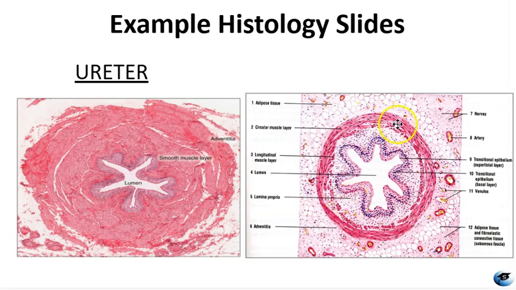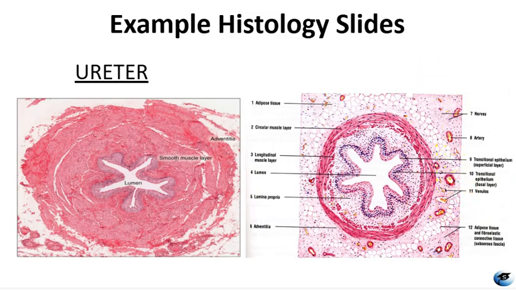Then you have this smooth muscle layer. Notice the circular and longitudinal muscle layers, which generate peristaltic contractions that propel urine toward the bladder. And then outside those muscle layers is the adventitia, which contains supporting structures such as nerves, arteries, venules, and adipose tissue. In some sections, you can also see fibroelastic connective tissue, sometimes referred to as subserous fascia, and this layer